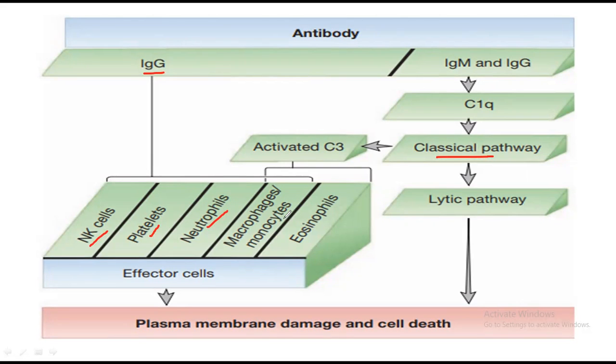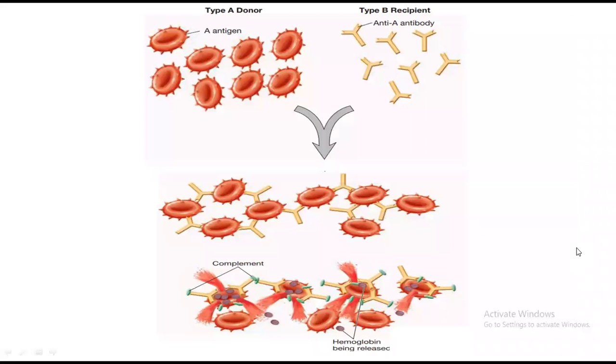So just because of the wrong introduction of the blood group into the person, a massive and exaggerated hypersensitivity reaction will start, okay. And it will start destroying our normal RBC, as well as our normal body cells. So they can damage our cells, and they can kill our cells, okay. So keep this thing in mind. And this is the overview of the hypersensitivity type 2 reaction, okay.